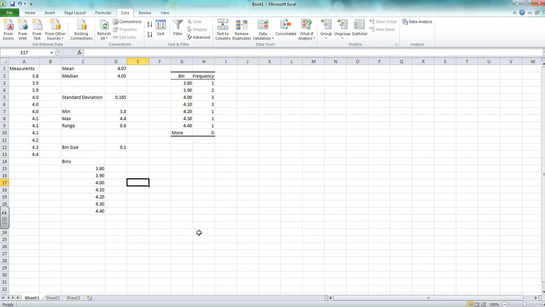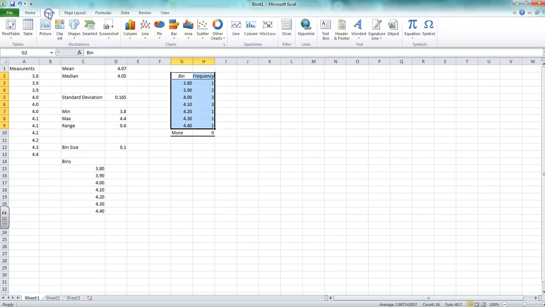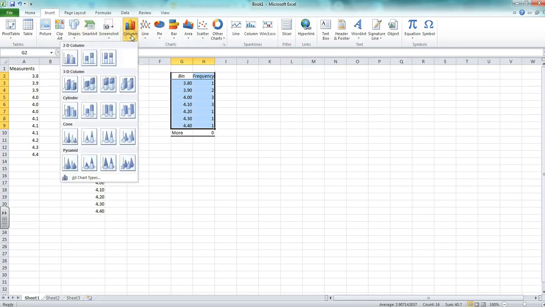Okay, so now we're going to actually make the chart from this. So this gives me the frequency, how many times there is something in each one of these bins. So I'm going to select just this info. I'm going to come over here and insert a chart, and this type of chart, I want to use a column chart. Pick this column,